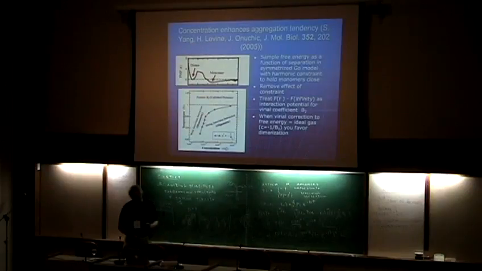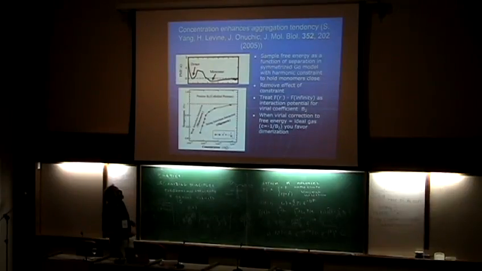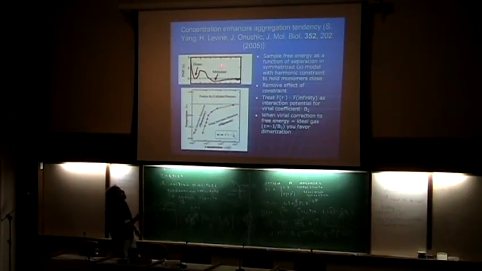Another work that was done by Xichen as part of his dissertation was to try to calculate, we already heard about potential of mean force, so I feel like I'm set up nicely by Jose here. Xichen calculated a potential of mean force as a function of the separation, and he found when you're below the folding temperature that there is a monomer and a dimer minima in this potential of mean force. And then to get an interesting idea about the possibility of dimerization as a function of concentration, after removing the effect of the constraint, which you can do by sort of inverting, in a way it's like doing an inverse Laplace transform to get rid of that harmonic constraint, then you can get this potential of mean force, which is the free energy at separation R minus that out at infinity, and put it into a calculation of the second virial coefficient. And just to remind you,